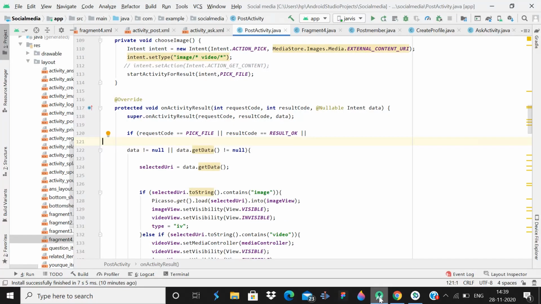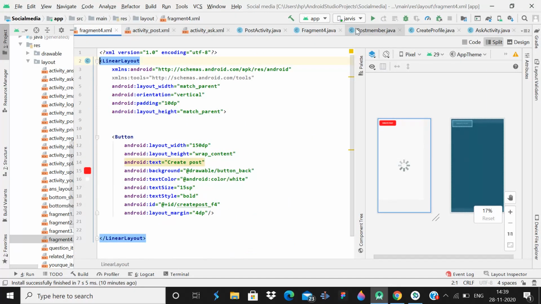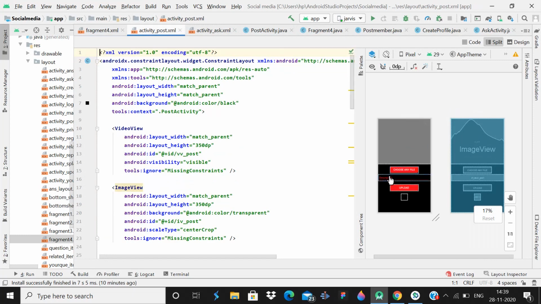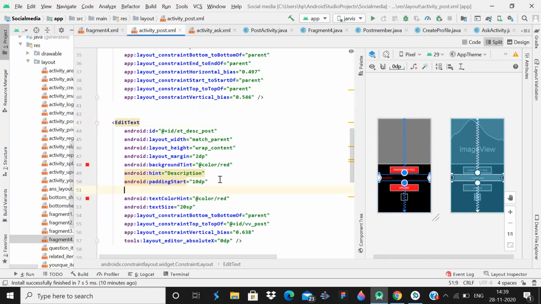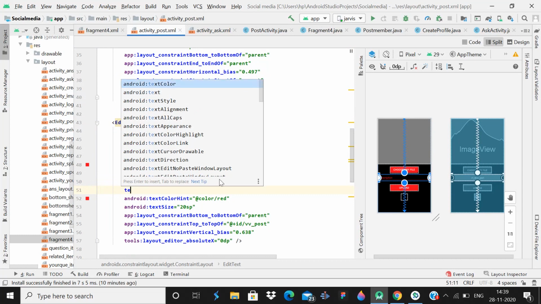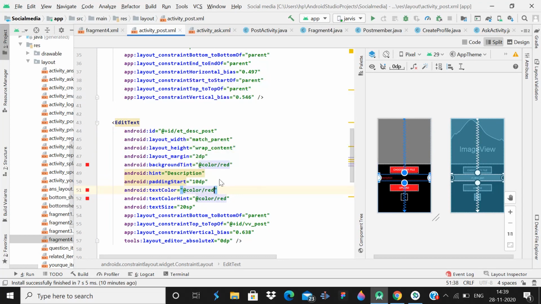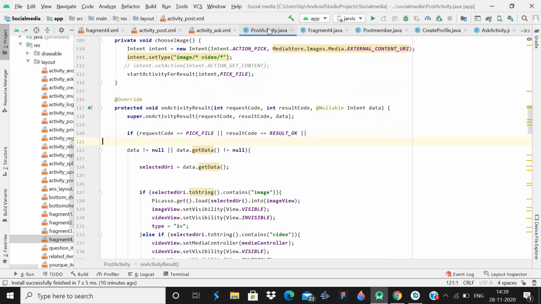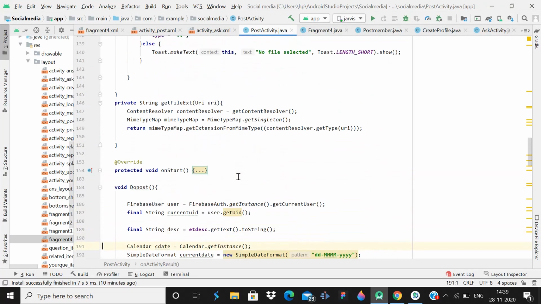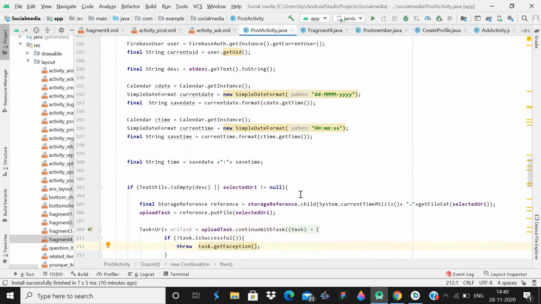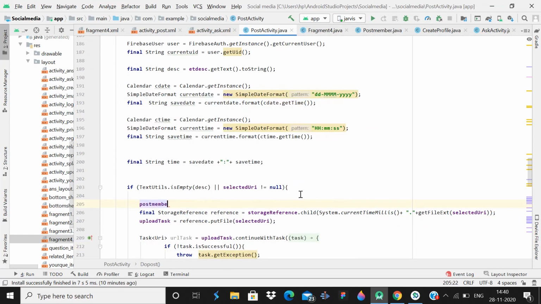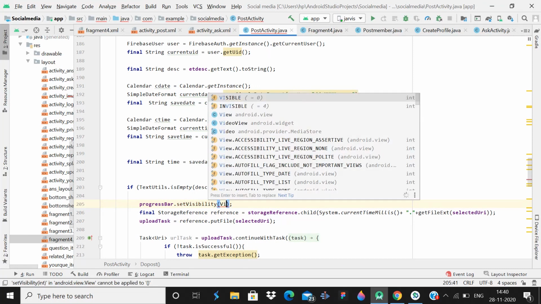But one thing that you have to do here is go back to this upload post activity, click on this, and we have to give text color, and that will be color red, understand? And after this you have to go back in this post activity, and when this string is not empty, we will make the progress bar, so progressBar.setVisibility visible, understand?